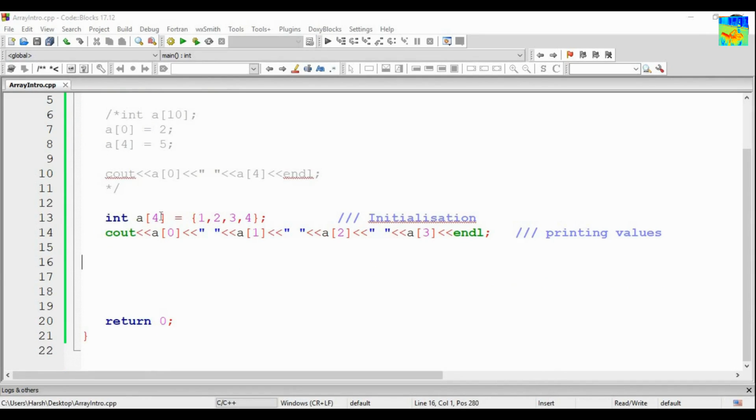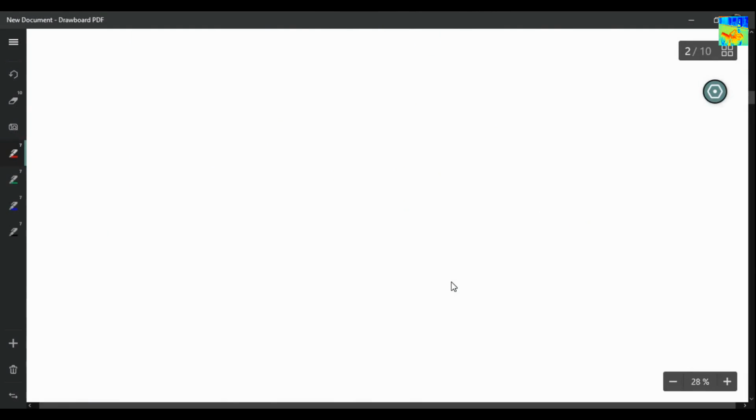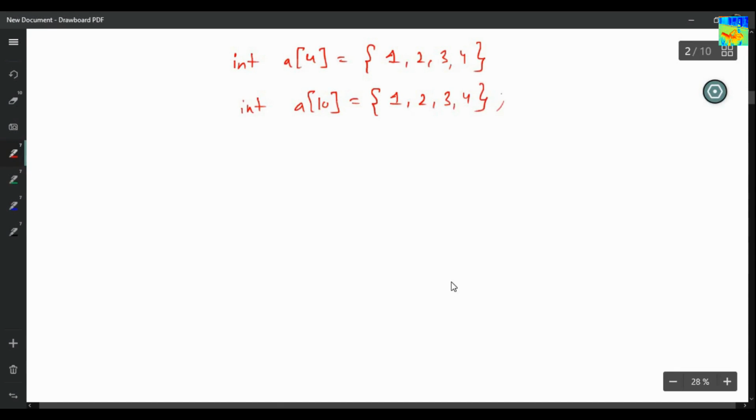Now suppose I make an array of size 10, but I am only giving 4 values. What I am trying to say is, in the previous case I made an array of size 4 and gave values 1, 2, 3 and 4. Now I am making an array of size 10 and giving only 4 values. So what will happen when you print all the values?